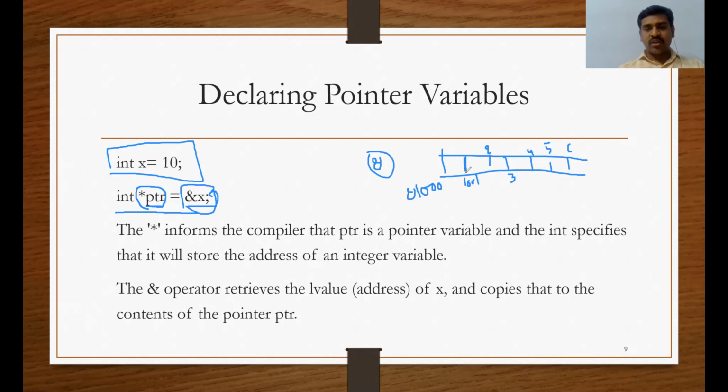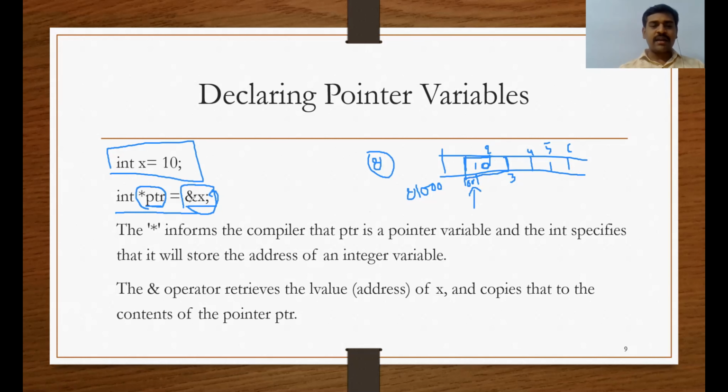If it is stored at the location 1001, then these two locations, 1001 and 1002, will be allocated for the variable x. What is the value of that variable? 10. Now, if I want to access the address of this variable x, how many locations does it occupy? 1001 and 1002. What is the starting address? 1001.